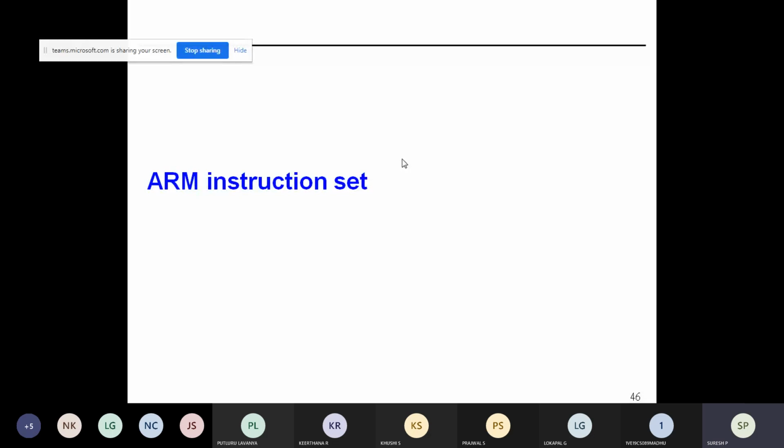Okay, we'll start from the basics of the first module. I will tell you what we have completed and which are the parts that are important for your first module. So in the first module we have discussed about